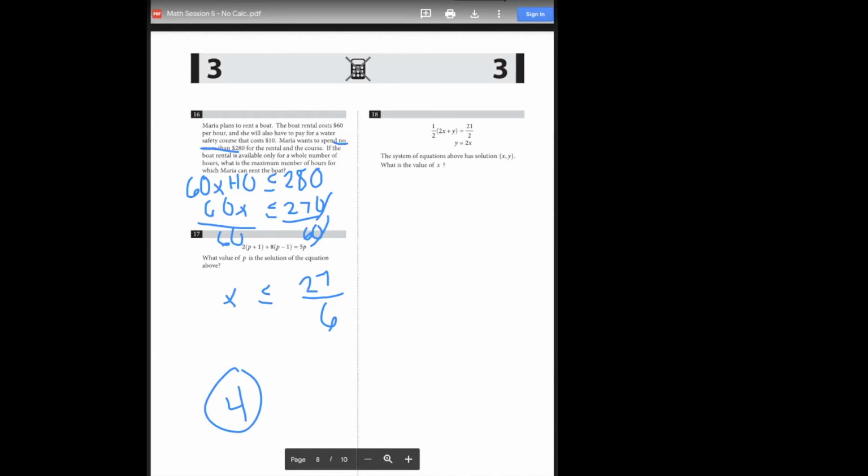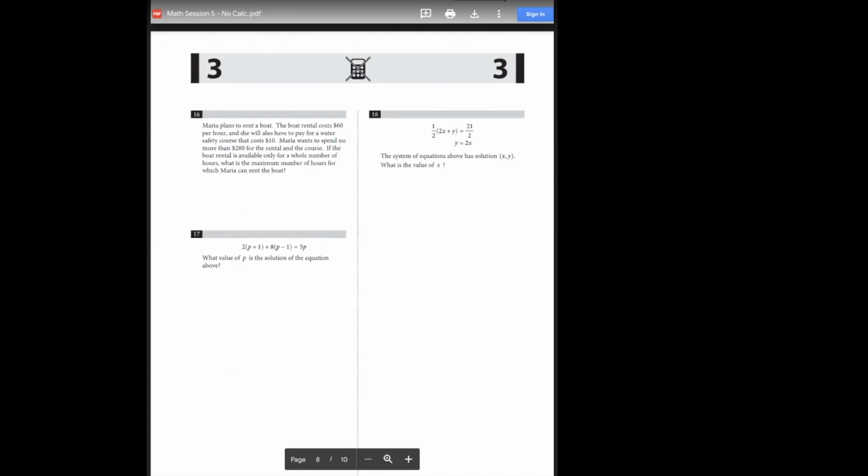Let's look at number 17 now. All right. What value of p is the solution to the equation above? So this is literally just solving for variables. So this is, again, not too bad. So all we have to do is distribute the 2, distribute the 8,